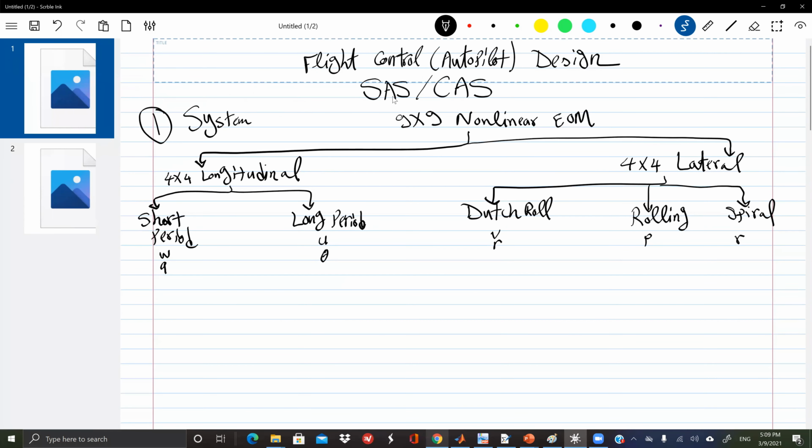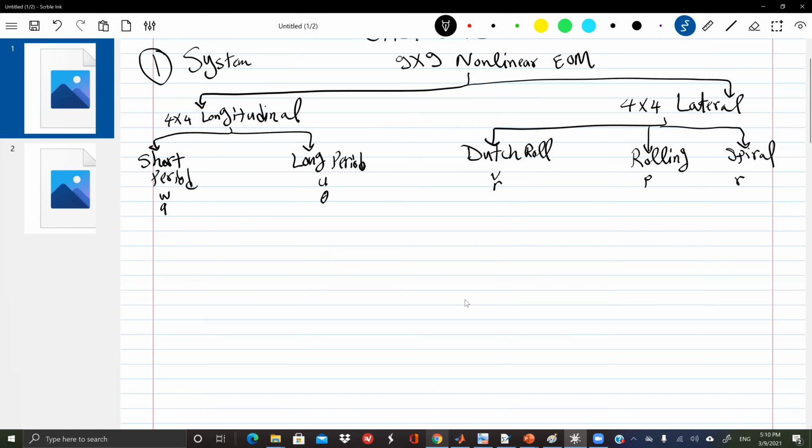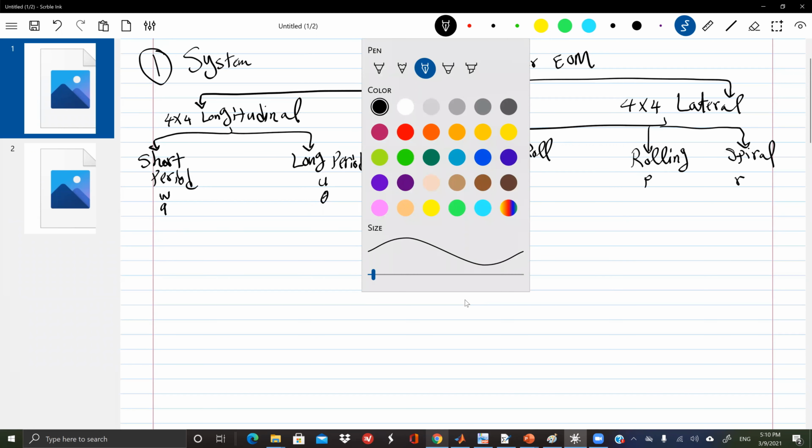So when we want to design a flight control system and a flight controller, the very first step is to write down the equations for your system. We will no longer go to the 9x9 nonlinear equations of motion. We will focus on our objective. If you want to adjust the short period mode, here is your system, 2x2. If your concern is the Dutch roll, here is your system, the V and R, okay? So for each one of these 5 modes, we really derived